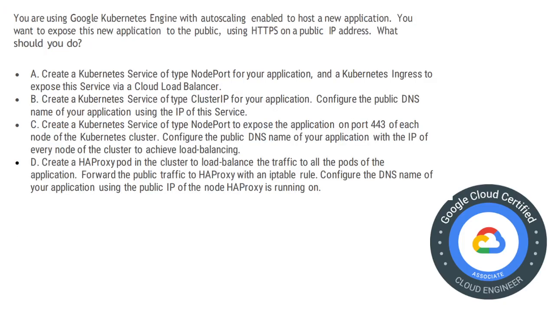Next question is, you are using Google Kubernetes Engine with autoscaling enabled to host a new application. You want to expose this new application to the public using HTTPS on a public IP address. What should you do? The correct answer in this case is option A. Create a Kubernetes service of the type NodePort for your application and a Kubernetes Ingress to expose this service via